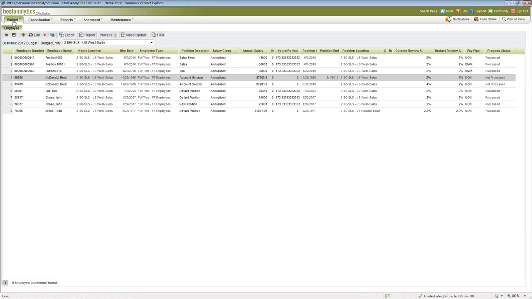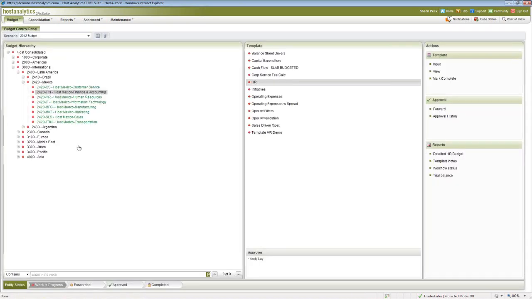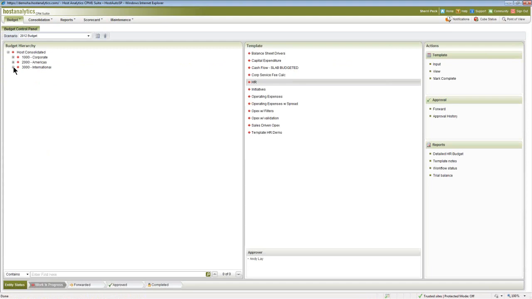So let me answer the question. I know some people have wondered, well, this is a cloud-based application. What if I'm not at a place where I have the internet available? What would I do then? So Host has something that's called offline planning, and it allows you to, in essence, check out information or check out a template to work on it. Let's say you've got a flight planned and you know you're not going to have the internet.